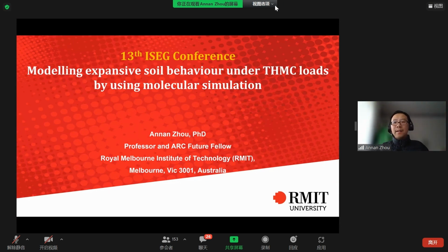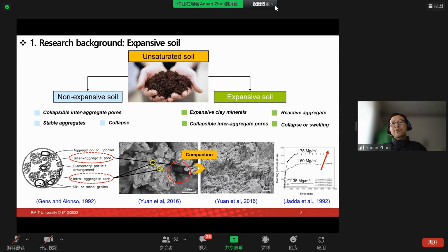It is my great pleasure to have this opportunity to present our recent research at the 13th International Symposium of ISEG. The title of my presentation is Modeling Expansive Soil Behavior under Thermal, Hydromechanical, and Chemical Loads by using molecular simulation. So generally, soil can be classified into two categories as